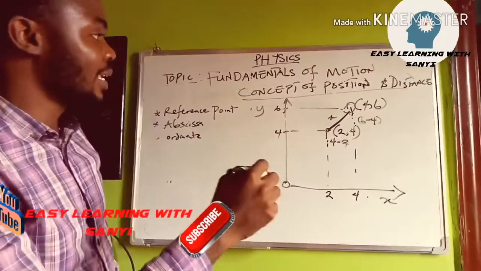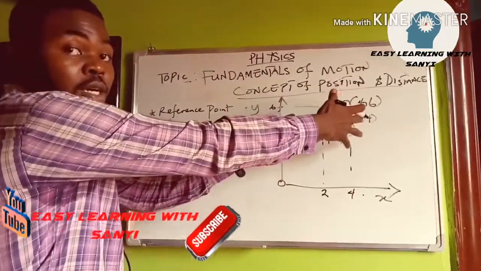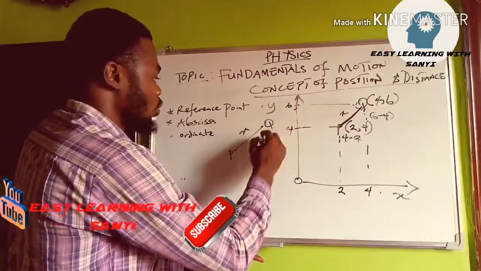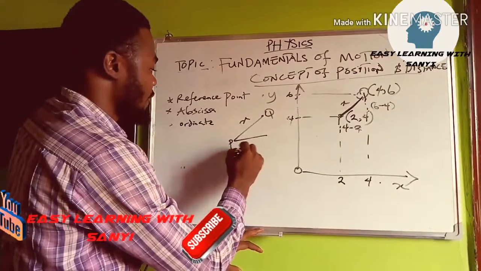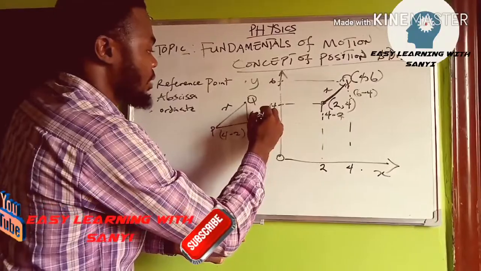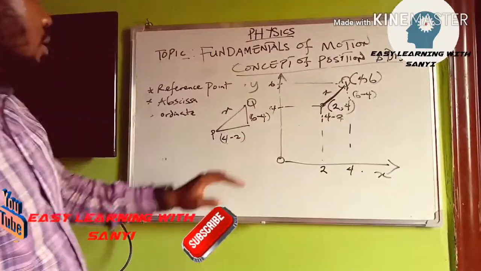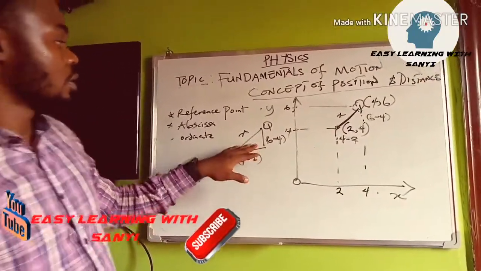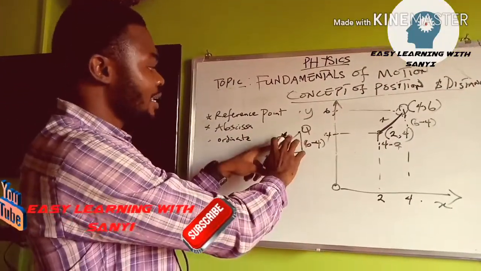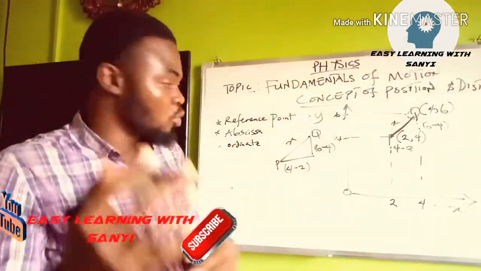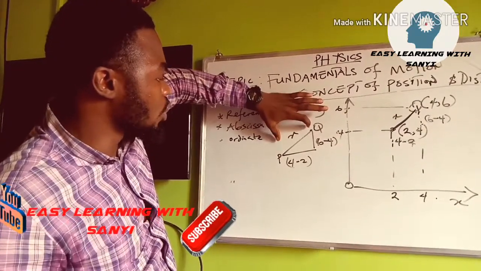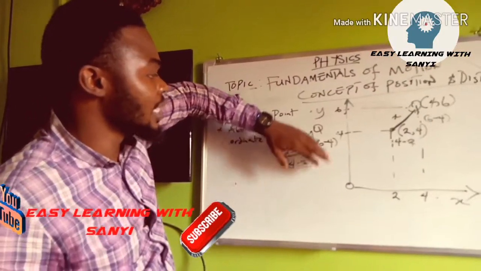So we have something like this. When you take this out of this place, we have X, P, Q. This is 4 minus 2, and this is 6 minus 4. Now we have a right angle triangle here. So now, in a right angle triangle, we call this the hypotenuse. Depending on where the angle is, this is the opposite and the adjacent.